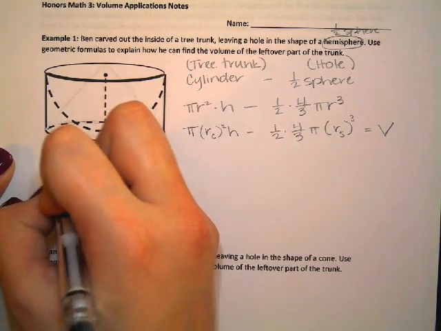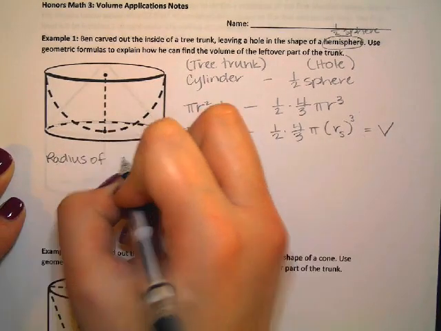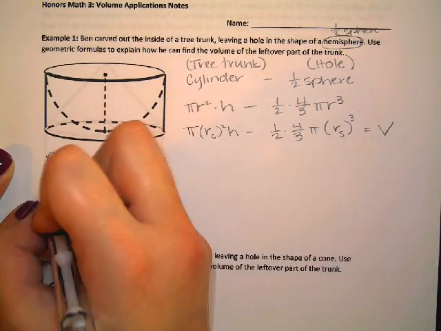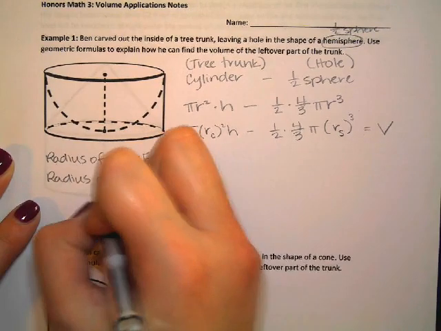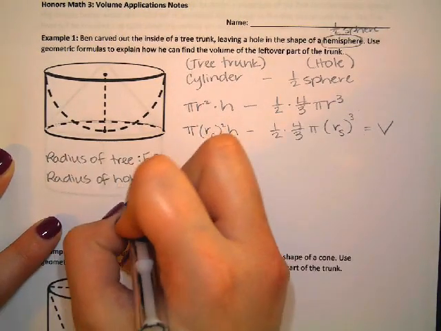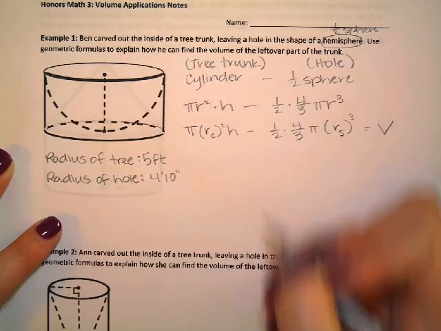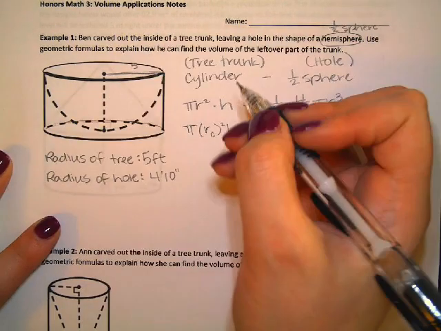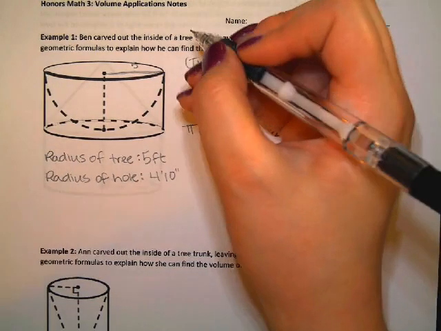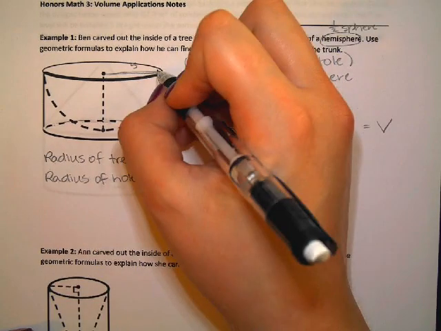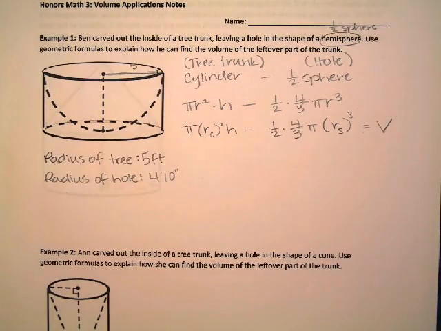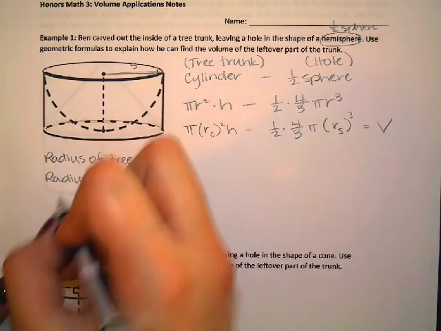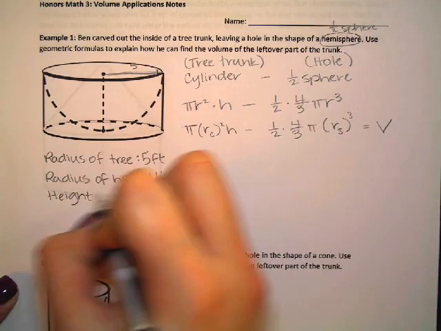So let's say that the radius of the tree was 5 feet. And let's say that the radius of the hole is 4 foot 10 inches. So that means that the tree, all of this, is 5 feet. But then if you think about where the hole would actually be, they're leaving a little bit of kind of a frame around the edge. So the hole doesn't go quite all the way over to the edge. That would keep the edge of the hole being sturdy instead of chipping and breaking off at the top. And then we'll say that the height of the tree